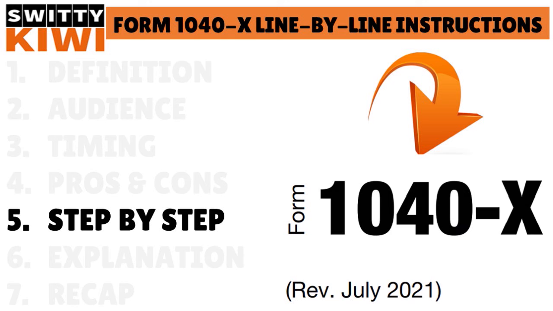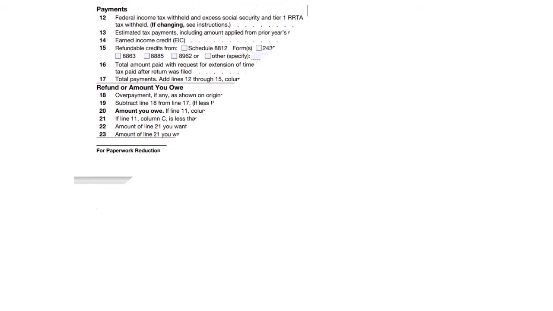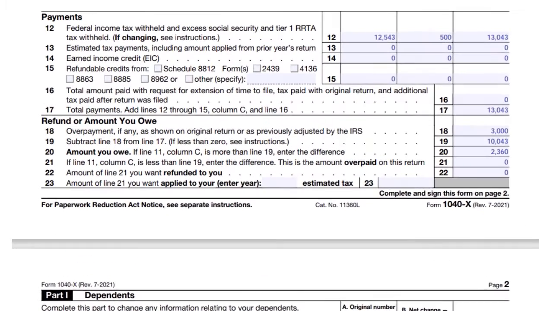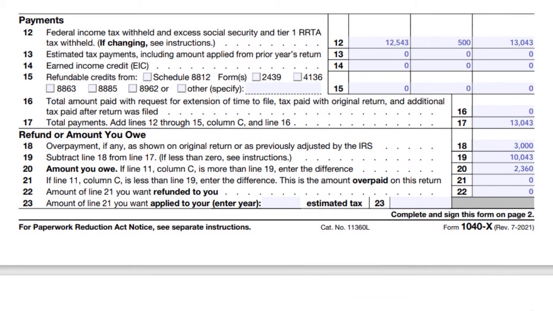Moving on here, folks, we are still having a conversation about 1040X, and here, payments. Line 12, federal income tax withheld. We actually paid 12,543. 500 is the difference, and the amount we owe is 13,043. And line 13, we have nothing to report there. EIC, nothing to report there. And line 15, nothing. Line 16 here, nothing also. And total payments,